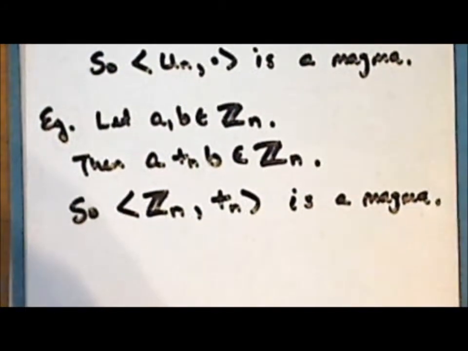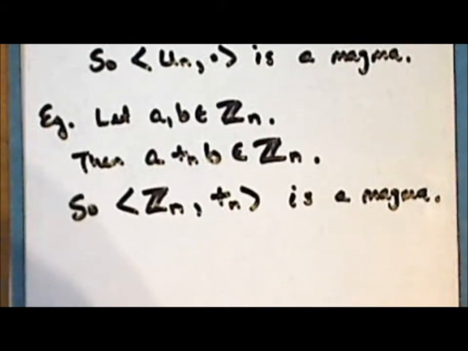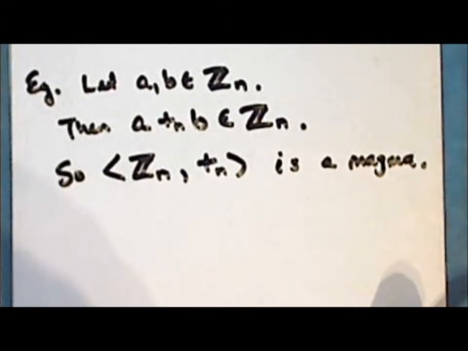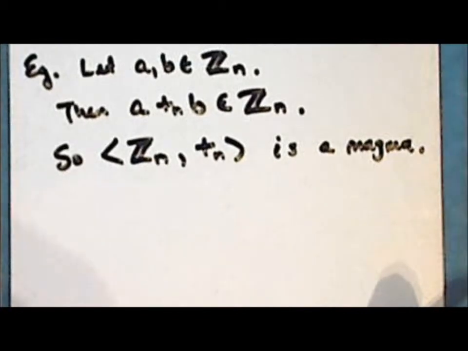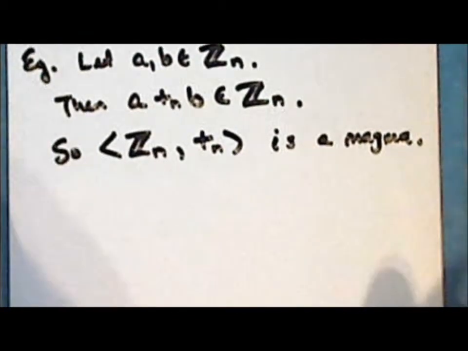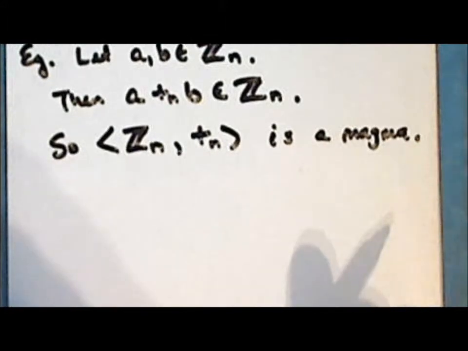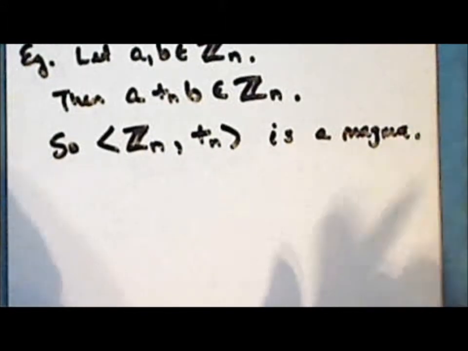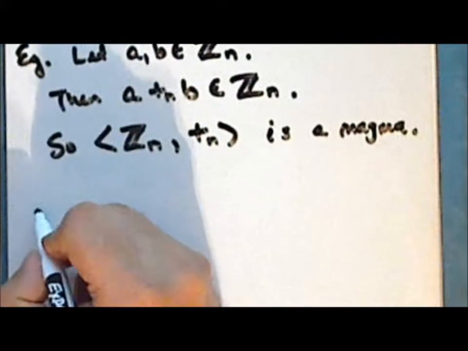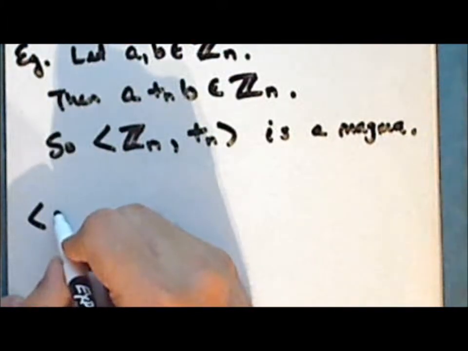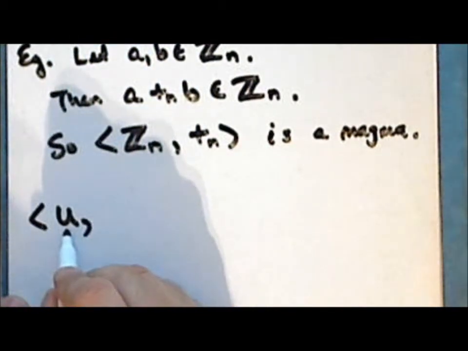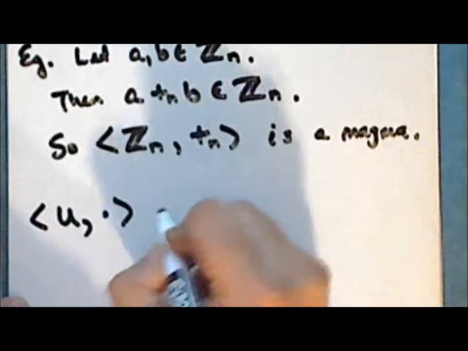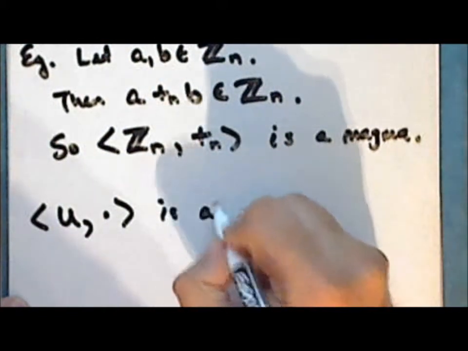Now, in the next lecture, we will continue looking at specific types of magmas, building to what is known as a group. And we will also look at the idea of algebraic equivalence via a very special function known as an isomorphism, in which we'll be able to demonstrate that two given structures are algebraically equivalent. In particular, we will see that the set of elements on the unit circle in the complex plane, together with multiplication, is algebraically equivalent